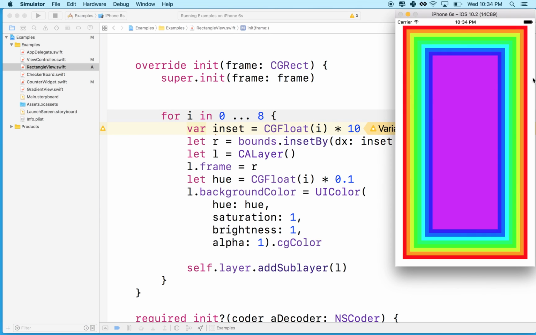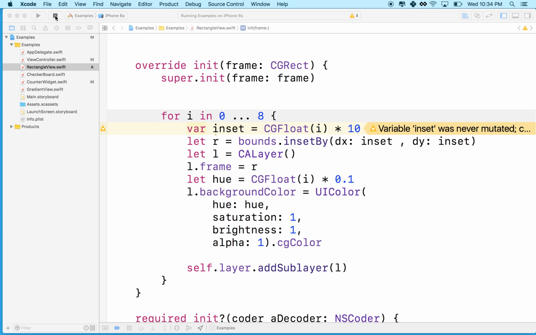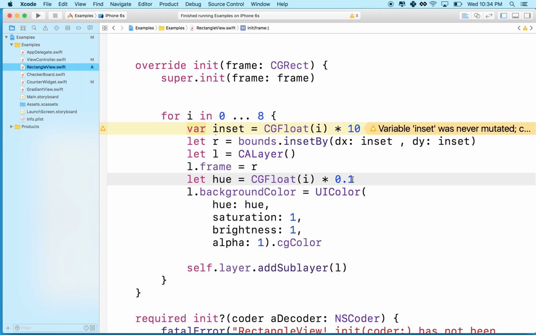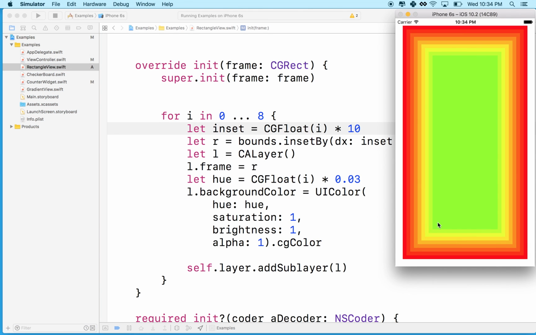Oh, there we go. It looks like my color range 0.1 is too great, so I'm going through too many colors there, right? Let's make this a smaller number. You can play with the numbers here. Why don't we make it 0.03? Okay, so that's pretty good so far. Let's make that a let to get rid of that warning. Oh, now we're getting somewhere, right? So anyway, I'll leave that for you to finish up, and that hopefully gives you a quick